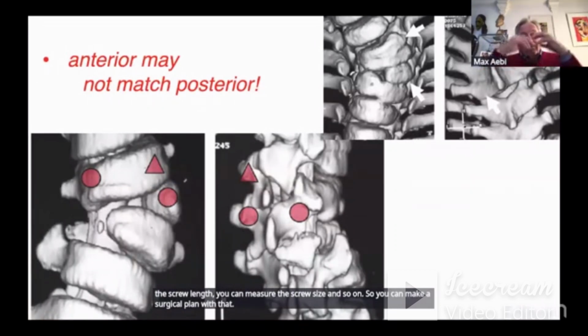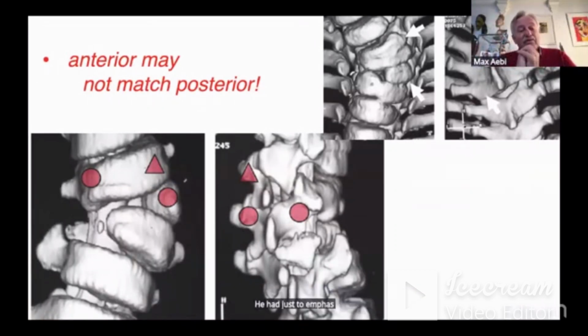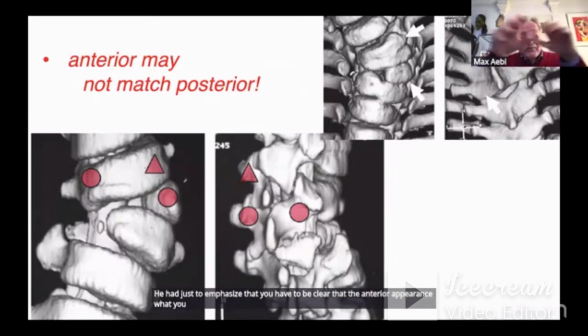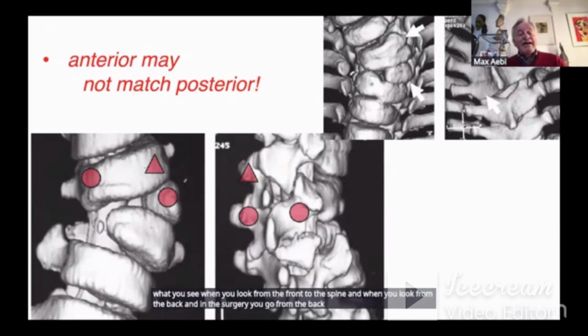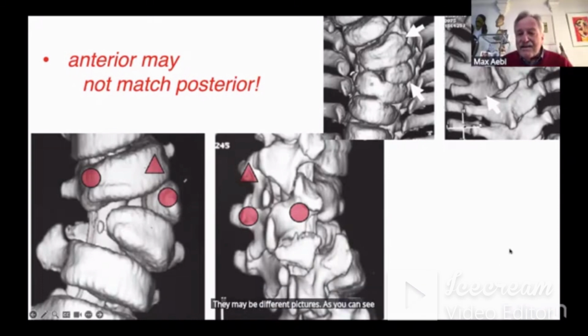Here, just to emphasize that you have to be clear that the anterior appearance, what you see when you look from the front to the spine, and when you look from the back, and in the surgery, you go from the back for this specific problem, they may be different pictures. As you can see, for instance, in this part above, where you have,